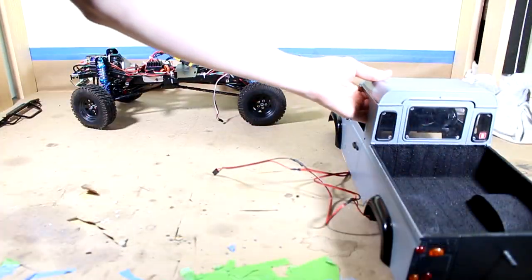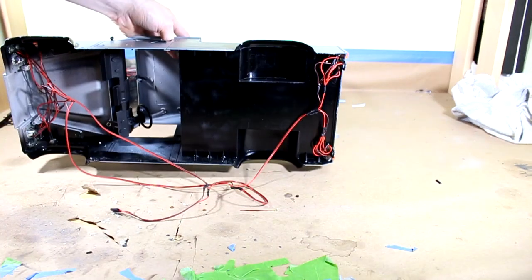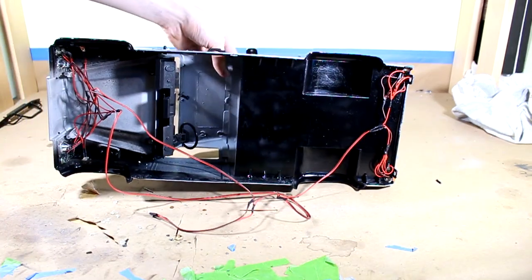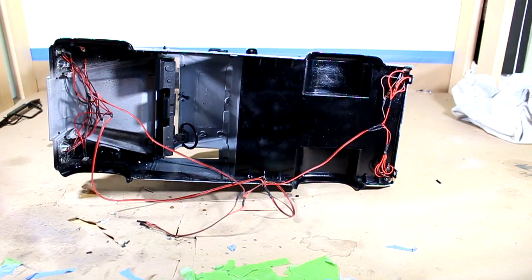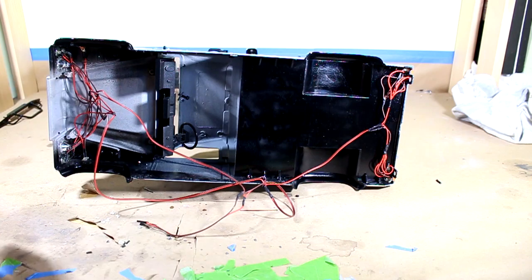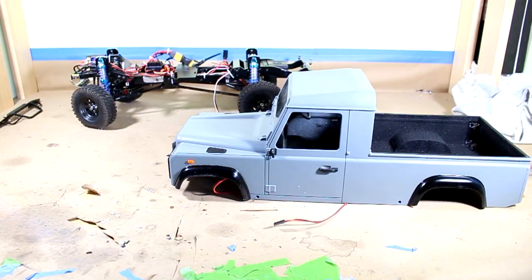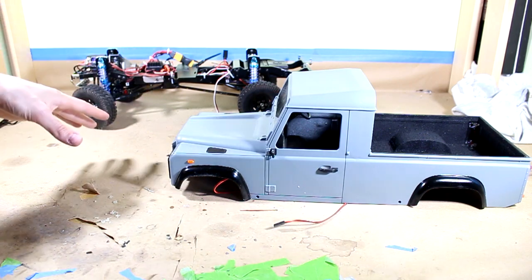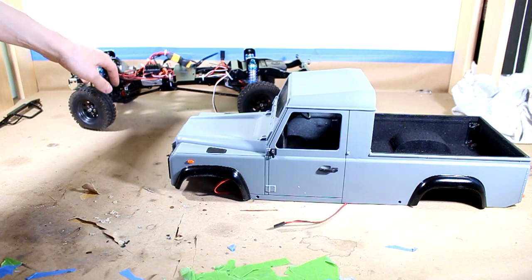Well guys, I'm done wiring the body. It took me probably 5 hours, and it's a little bit messy, but I'm going to spend a bunch of time off camera cleaning all this up. It's probably an hour's worth of cleaning this up and getting everything back put together. Probably more than that actually. It's probably an hour of wire management and probably another 30 minutes of getting everything put on the chassis,